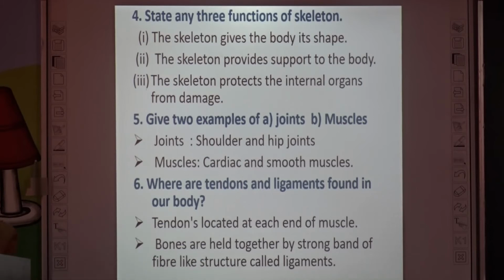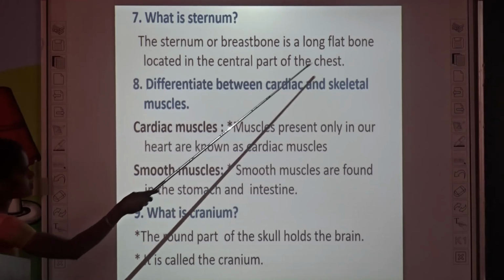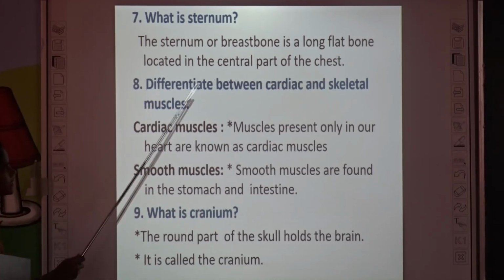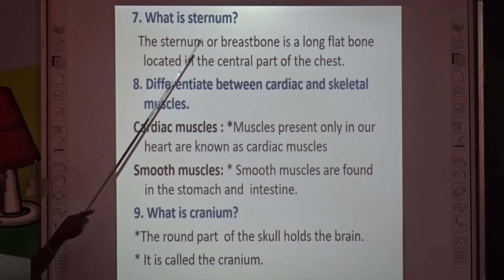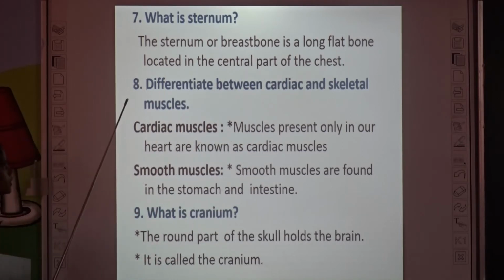And the next one, what is sternum? Where can we find the sternum? We already know that it is found in the rib cage. The sternum, or breastbone, is a long flat bone located in the central part of the chest. Then, the eighth one, differentiate between